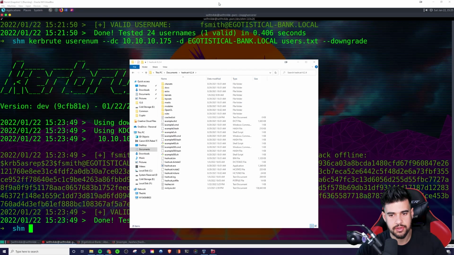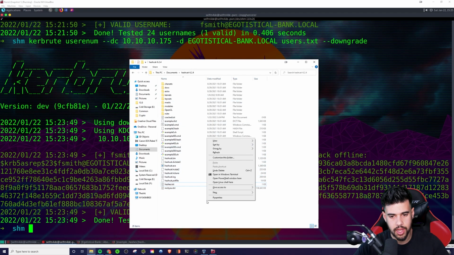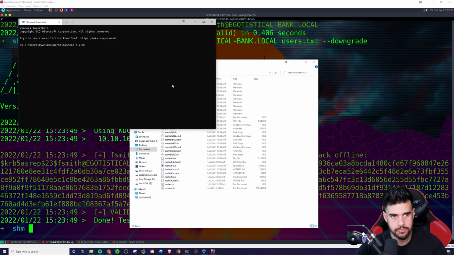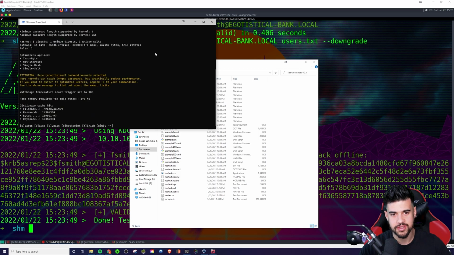Save it. And now I'm just going to open a command prompt here, a Windows terminal. Because I always run this from my Windows terminal, and it's pretty much all I run on my host system, I can just up arrow it, and it's already there for me. The only thing I need to modify was the mode. If you recall from the example hashes, it was mode 18200. So we're going to put that in. And what I like to do is supply the -o flag to have it output to a file, just in case I need to reference it later. You never know when you're going to forget to record your credentials in the heat of the moment, right? We'd like to think we'd always take notes, but